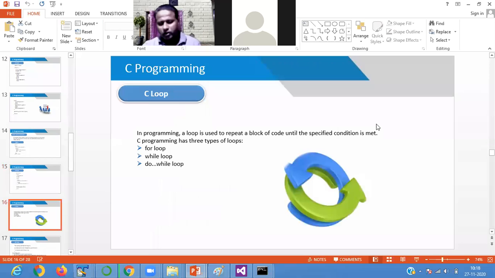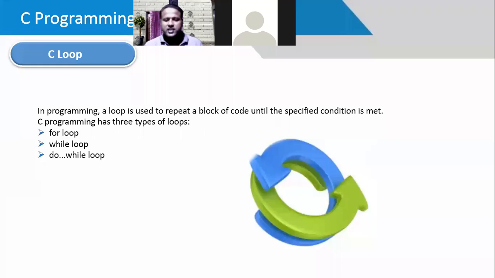Next, we go for the looping statement. Looping is used to execute one statement more than one time. To repeat a statement, we use a looping construct. We already have this concept in the pseudocode part. In C programming, a loop is used to repeat a block of code until a specified condition is met. Until your condition is true, you repeat the statement more than